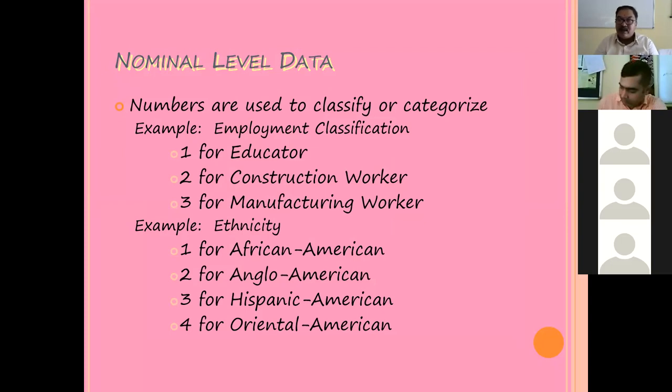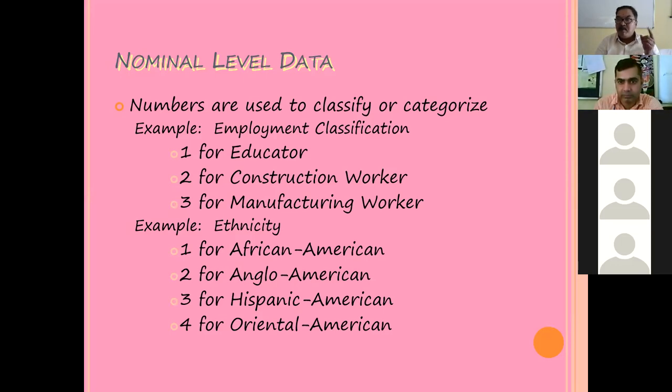Whenever you think of categorizing, like male and female, urban, rural, literate, illiterate, good and bad, whenever you want to separate or classify the data into different sections, then you assign some numbers just to understand. 1 means male, 2 means female, 1 means urban, 2 means semi-urban, 3 means rural, 1 is good, 2 is bad. Like that, you assign some numbers just to classify the data. And these numbers have meaning. The numbers you have assigned have meaning.